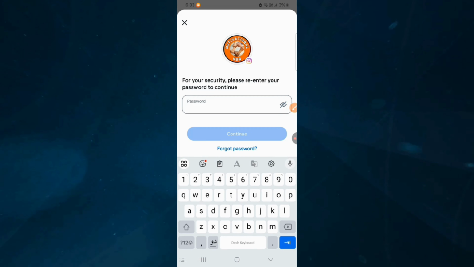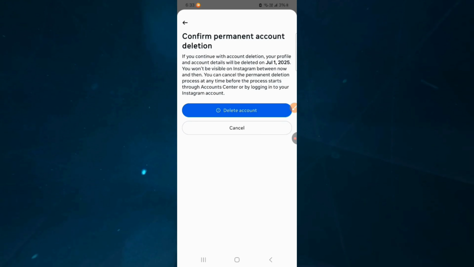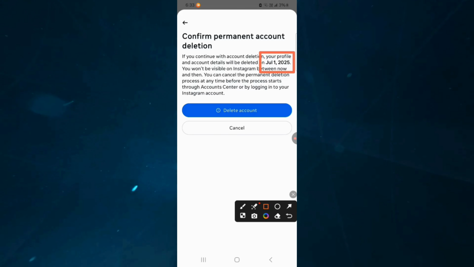Instagram will ask for password, so simply type your password. Here you will see last step that confirm permanent account deletion. So select Delete Account option, and your Instagram account will be deleted after 1 month, if you will not log